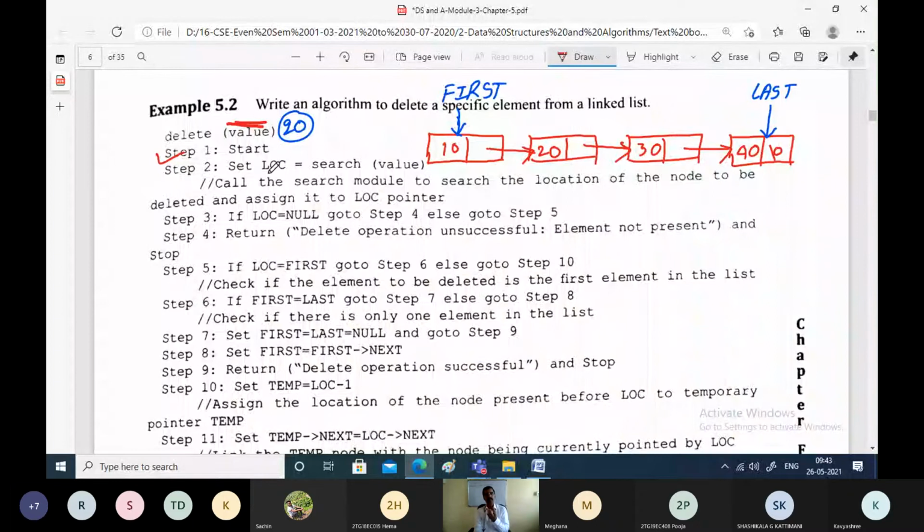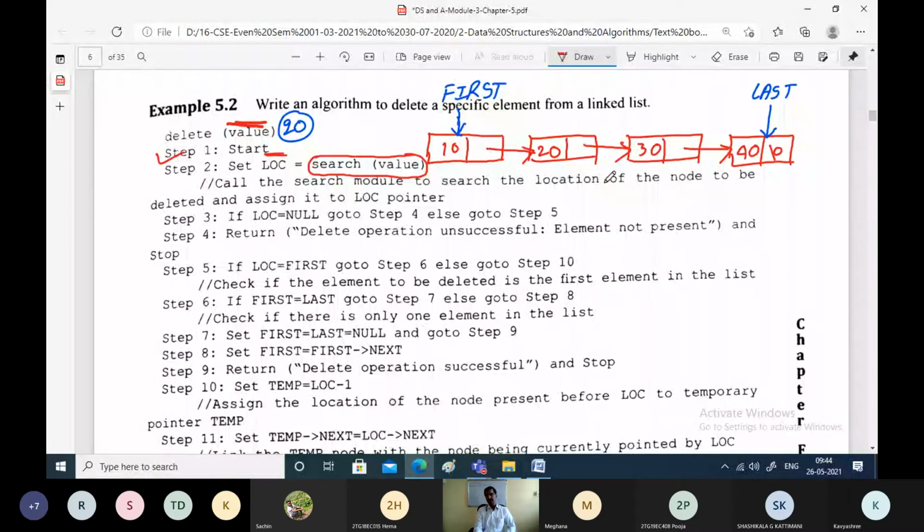We should find the location of the element which we want to delete. That means the right-hand side says: first search the element in the linked list and store its location.